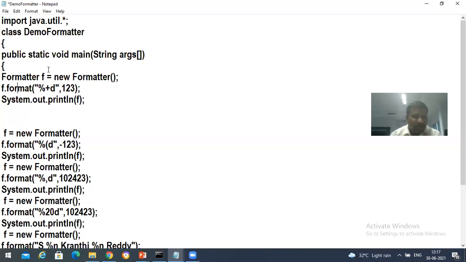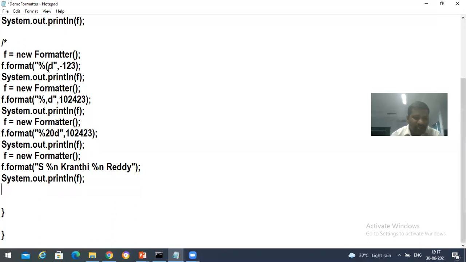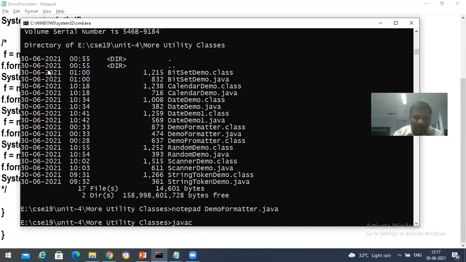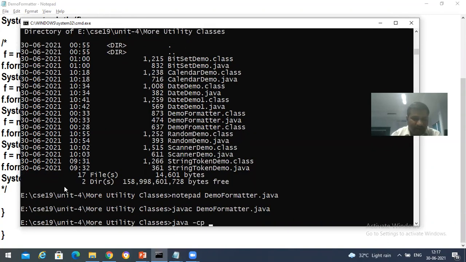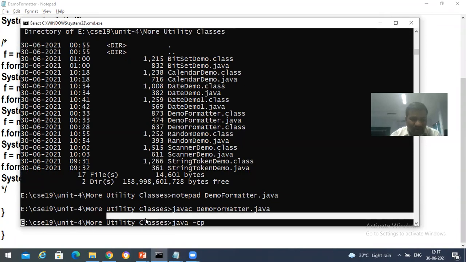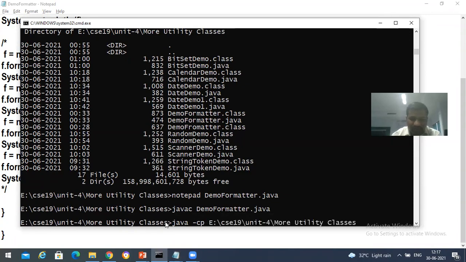When I print this f, I used to get plus 123. Let's compile this: javac DemoFormatter.java, and then java -cp. And you might be asking, sir, if minus 123 is there, then what will we get?